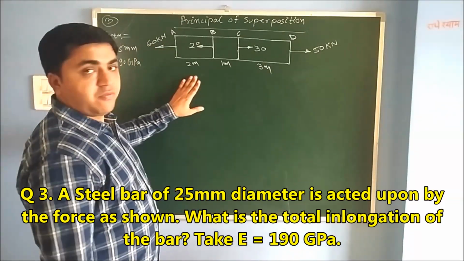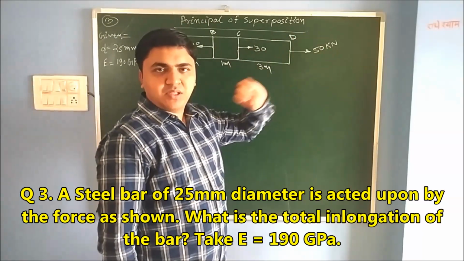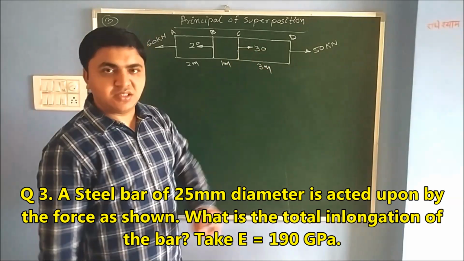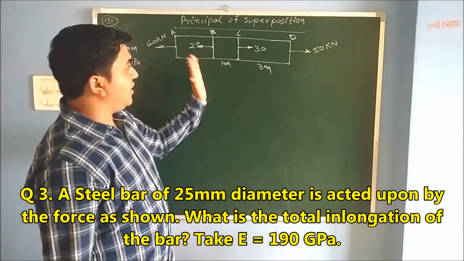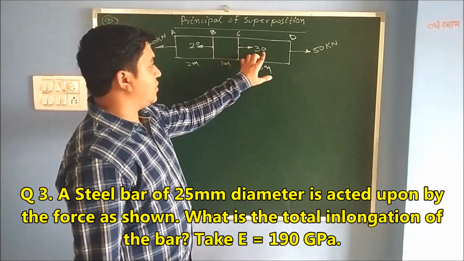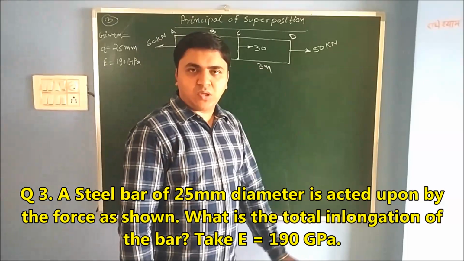So this is a different problem from the previous one. Here one ABCD beam is given to you. On this beam there are AB, BC and CD, three sections. On these three sections the intermediate loads are also active. अगर ये intermediate load नहीं लग रहा होता, तो अपन डायरेक्टली जैसे पहले सॉल्व किए थे वैसे ही प्रॉब्लम सॉल्व कर सकते थे.